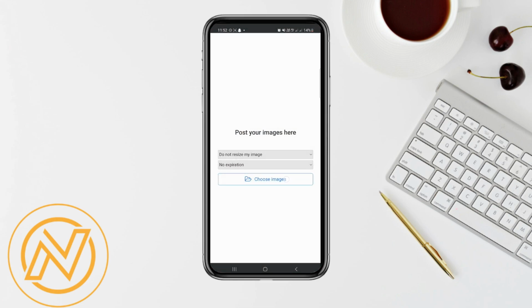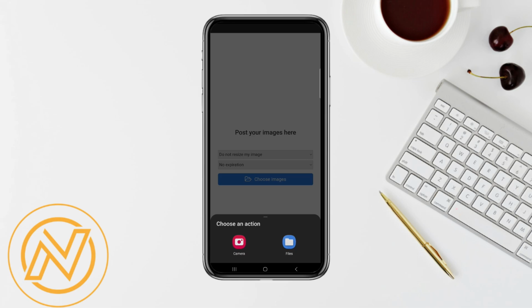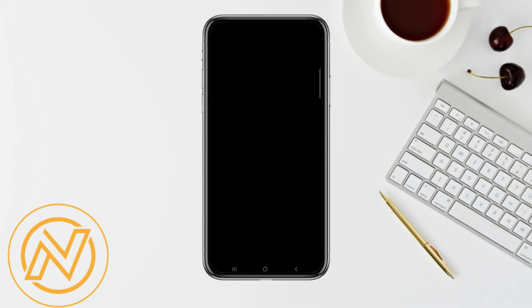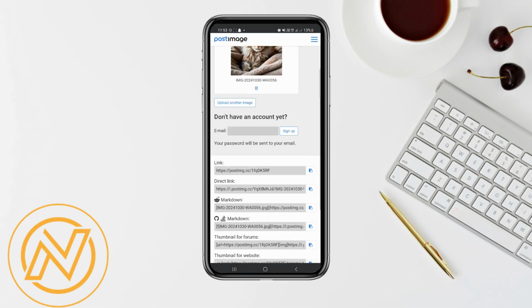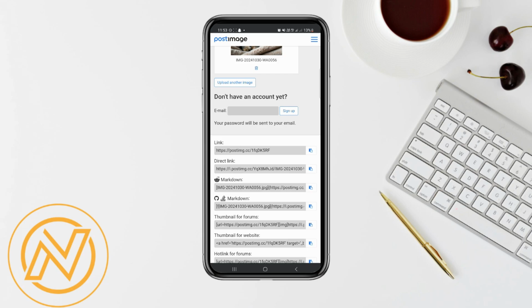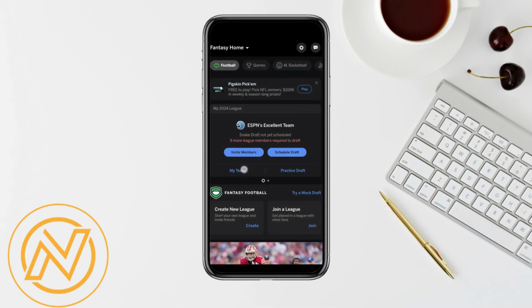It's called postimages.org, and then you press on choose an image, and after that you're going to have to select your image right here, and you scroll down, and then you have to copy this link, not the first one but the second link. You press on copy, and then you have to open up your fantasy football app and